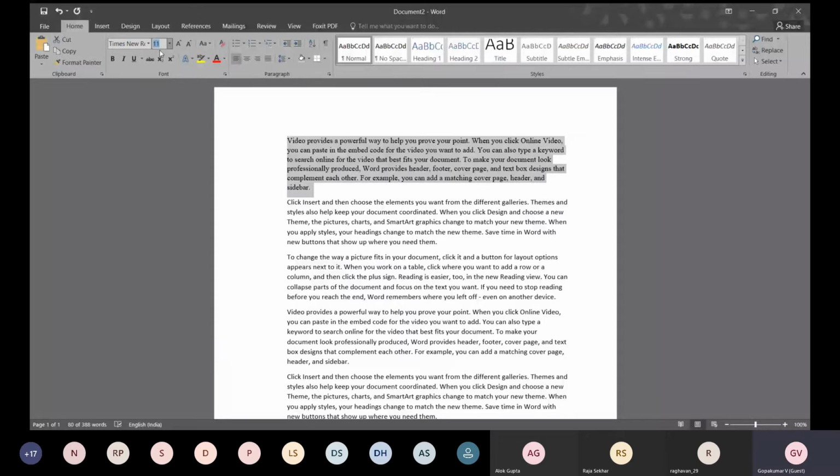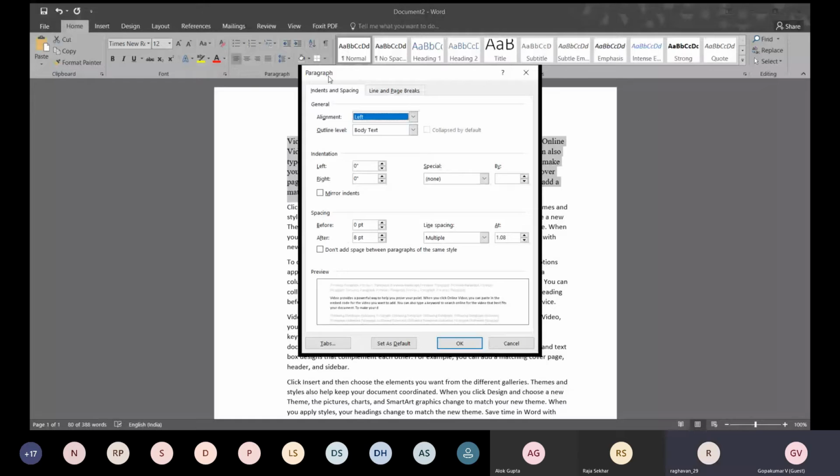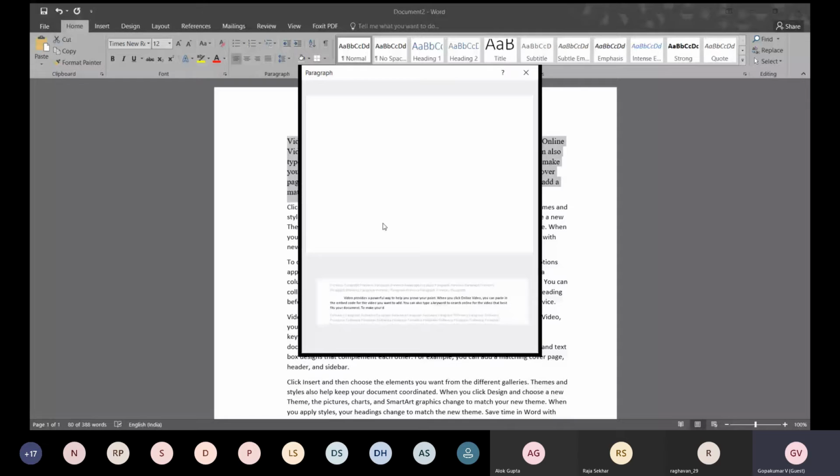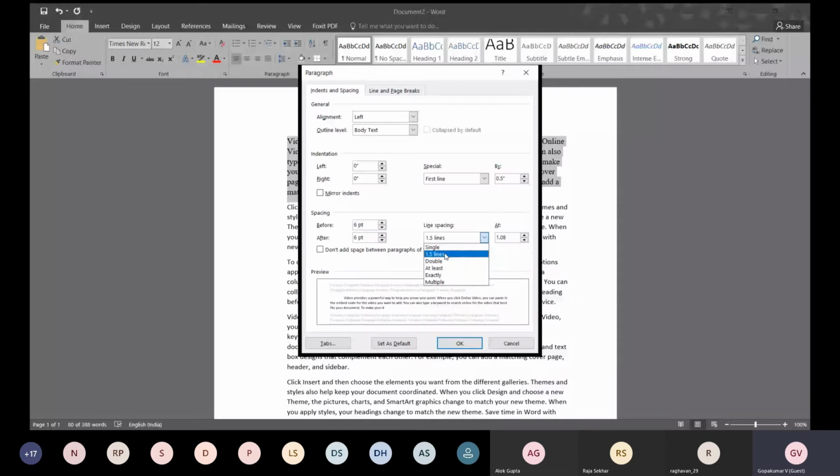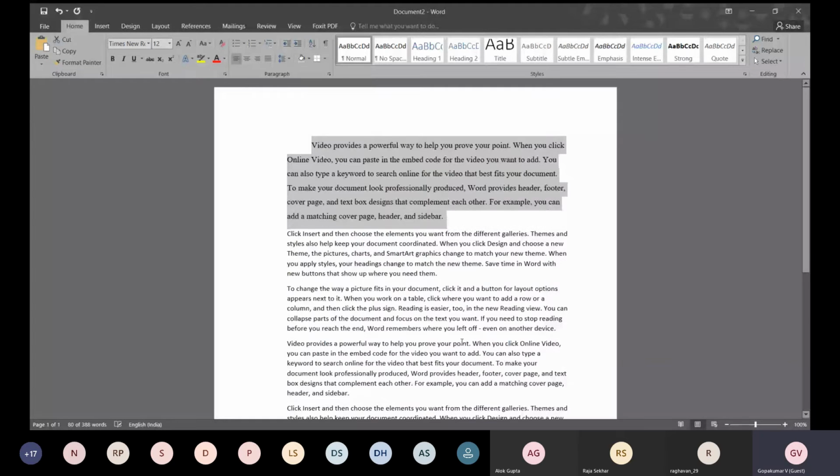Then you have to go to Paragraph. It should be left aligned. Go to Paragraph. Here, you can give a first line indent. Before and after you can give 6 point, and line spacing should be 1 point. Usually it takes double, but double means too much space will be there. So you can go for 1.5 and click OK. Now this is actually formatted according to a style.